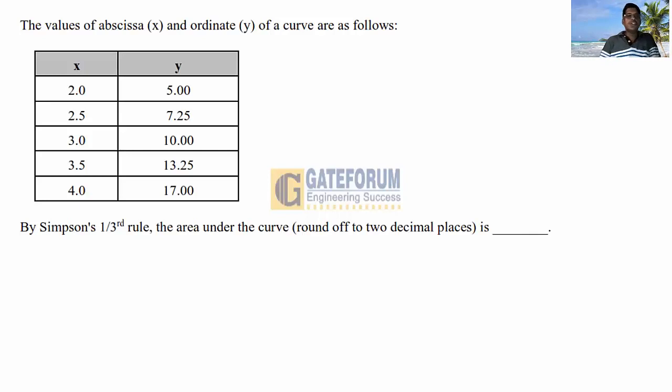The solution is, usually area is evaluated by the definite integral from a to b of f of x dx, where a is the lower limit, that is the starting value, and b is the upper limit, that is the ending value of x. Usually y values are denoted by y0, y1, y2, up to yn. The curve means f(x), that is y equals f(x). Using Simpson's one-third rule, the length of each subinterval, that is 2 to 2.5, 2.5 to 3, is 0.5, which is called the length of each subinterval.